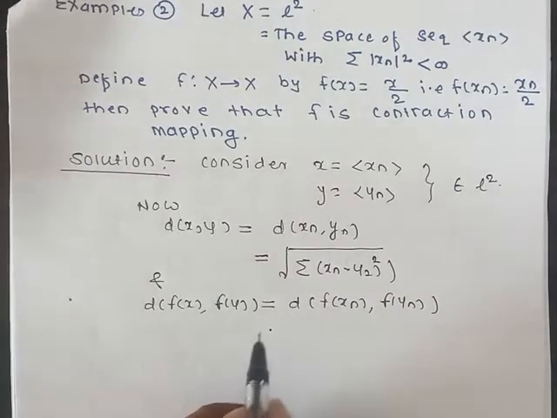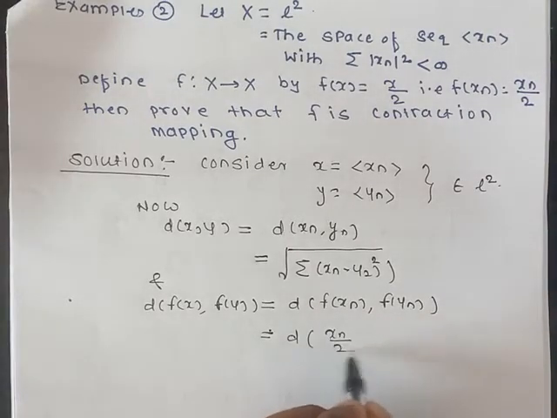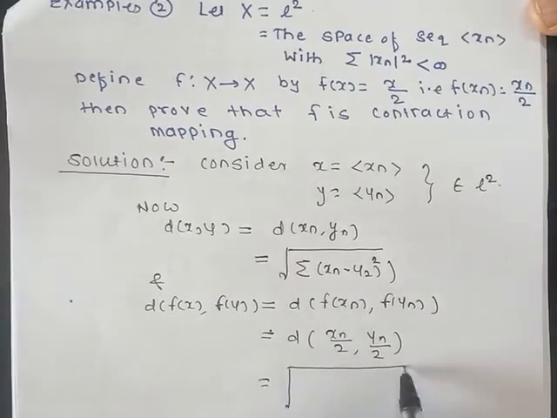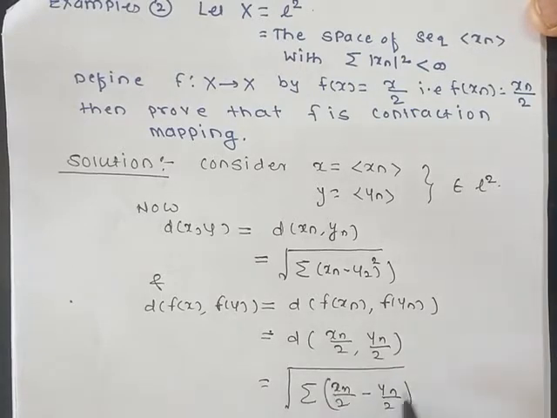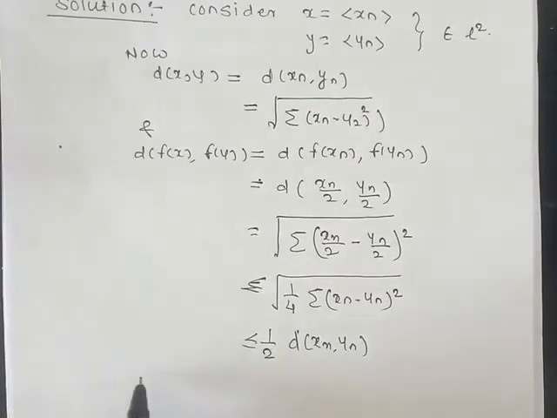Now the function is defined by f of x is equal to x by 2, so d of f of xn, f of yn, which is d of xn upon 2 comma yn upon 2, is equal to square root of summation of (xn upon 2 minus yn upon 2) squared, which is less than or equal to square root of 1 by 4 summation of (xn minus yn) squared, which is less than or equal to 1 by 2 d of xn yn. Hence f is a contraction mapping,